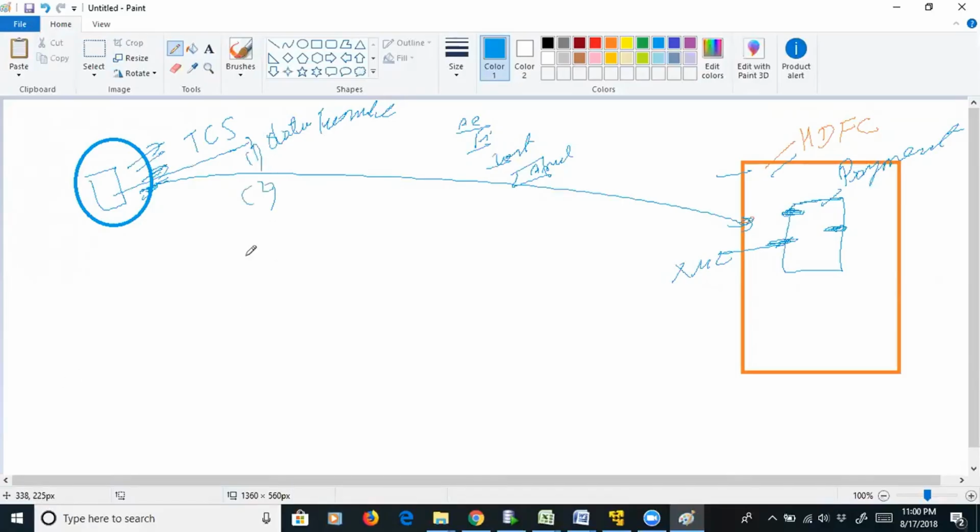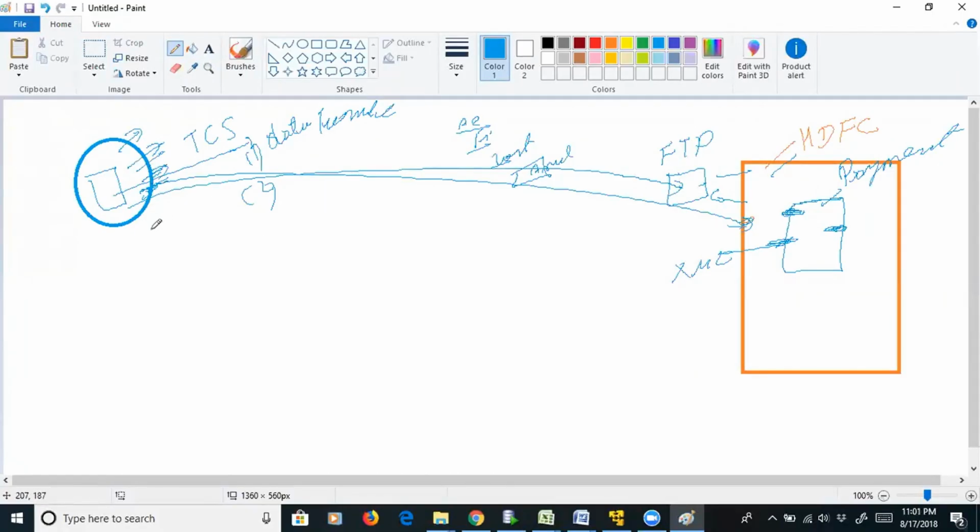Second problem. HDFC said, we have an FTP server. You have to connect to our FTP server and drop the file, and then we will process it. I do not know if you are familiar with the server and client architecture, but if you are not, just try to remember this, because I will explain client and server architecture in detail in later sessions. So HDFC said we have an FTP server,